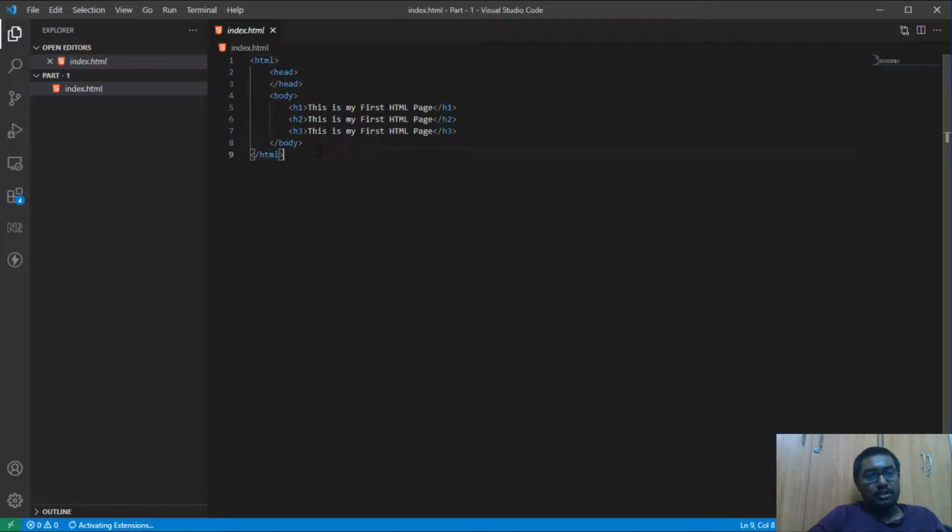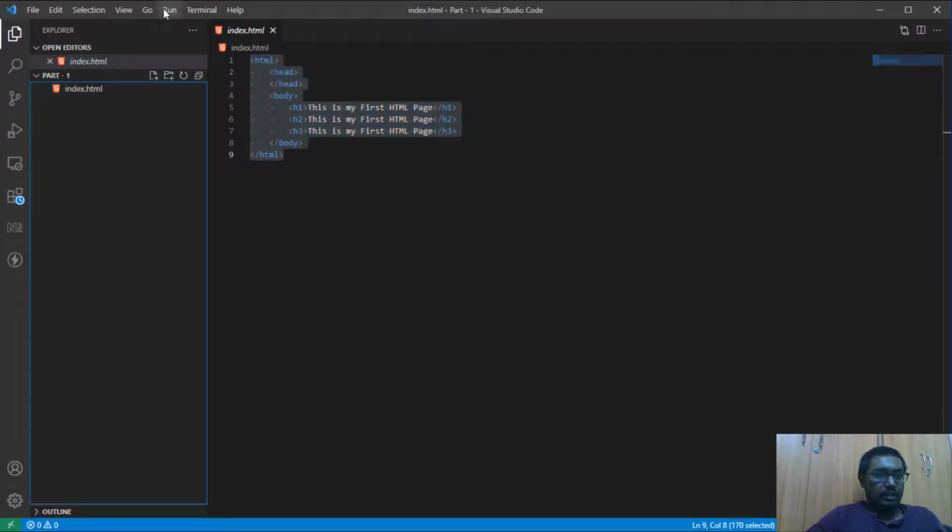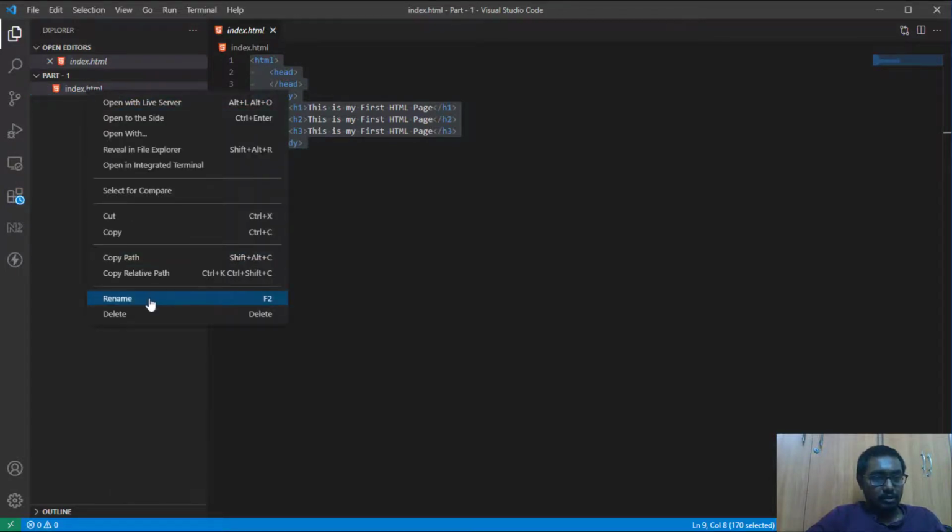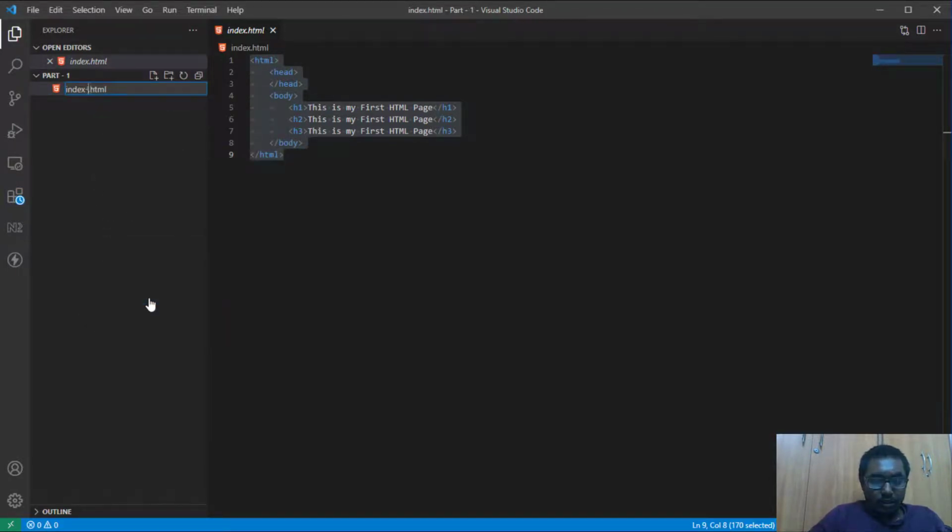It's a more advanced tool. If I create another file, this one was created using Notepad++, if you remember, so let me rename it Notepad++.